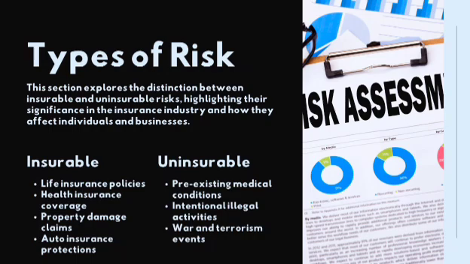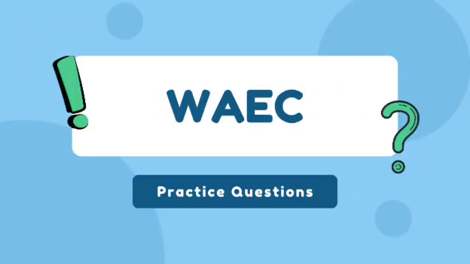Talking about speculative risk. Speculative risk involves the chance of gain as well as the chance of loss. For instance, when Mr. Okoro invests in the Nigerian Stock Exchange, he takes a speculative risk. He might make a profit or suffer a loss. Now, the key features include the possibility of gain or loss, usually undertaken voluntarily, nobody's forcing him. Generally not insurable. Examples include gambling, investments, business ventures.